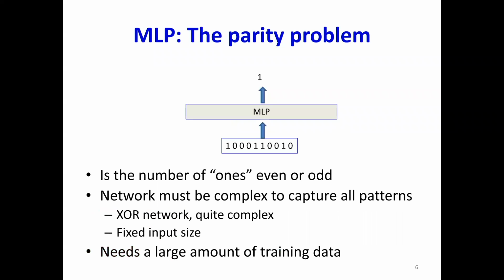Parity, right? So here's the thing. What is the parity? The parity bit, the problem of computing parity is the problem of computing the number of ones and zeros. If it's even, the output is 0. If the number of ones is odd, the output is 1. Now, if I want to learn the concept of parity, I can train a network for it. And if the network has only one hidden layer, how many neurons will I need in the hidden layer?